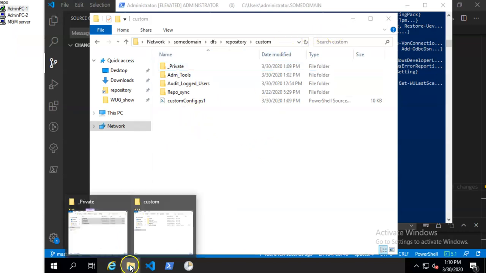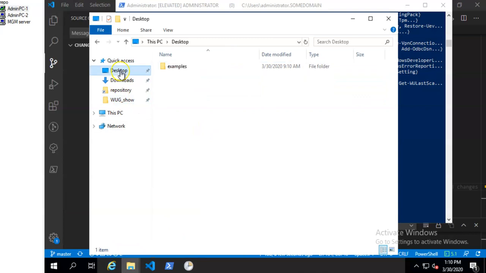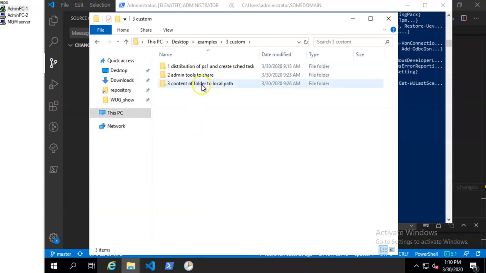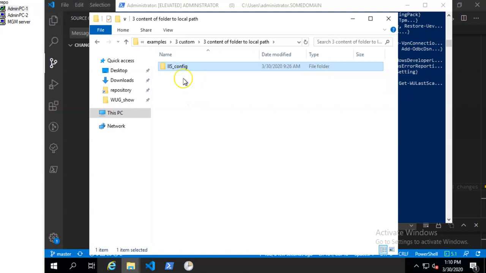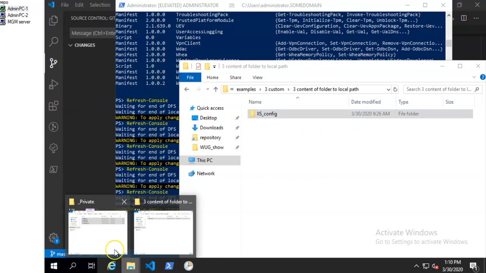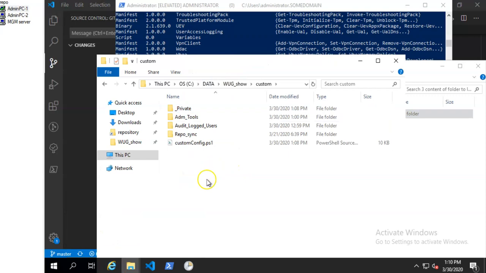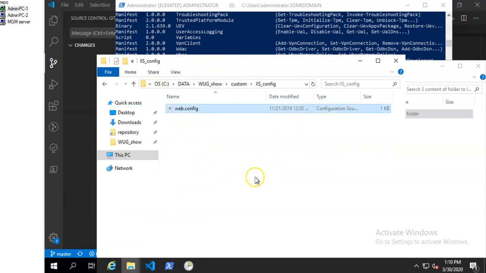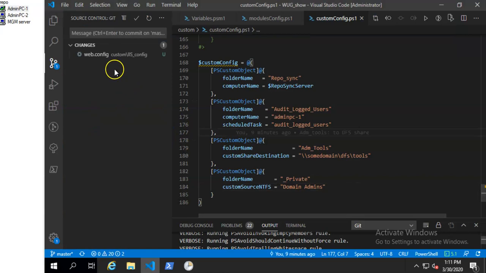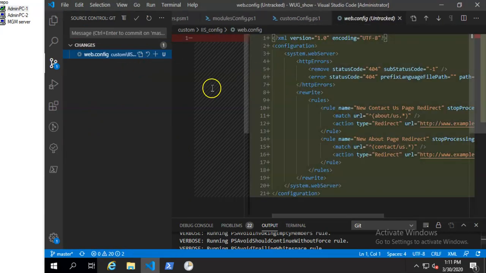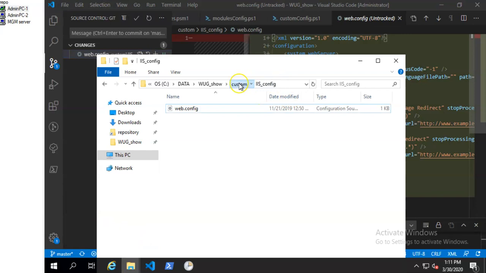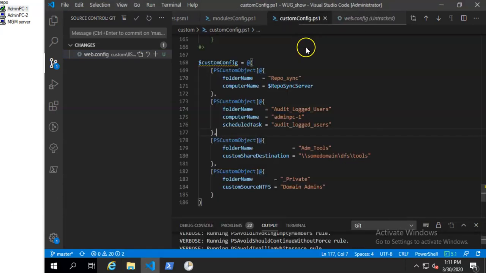So let's say we have some IIS configuration file which you want to copy to the IIS root, but just this file, not the entire folder. So I have this file, and in custom config